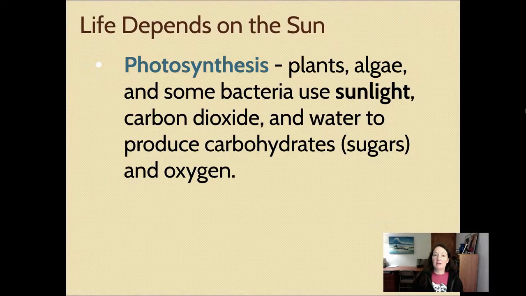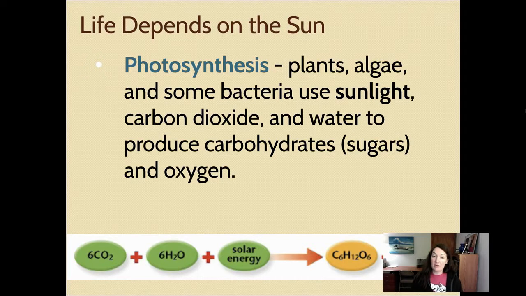We can't make our own food, unlike plants. So the process of photosynthesis can be done by plants, algae, and some bacteria. And again, it's sunlight, carbon dioxide, and water. All of that goes together to produce carbohydrates or sugars. The main one for plants is glucose. And then oxygen is a byproduct, a waste product of photosynthesis. And lucky for us, most animals rely on oxygen now, with the exception of really small ones near thermal vents in the ocean. But oxygen is a waste product for plants that we can use instead.